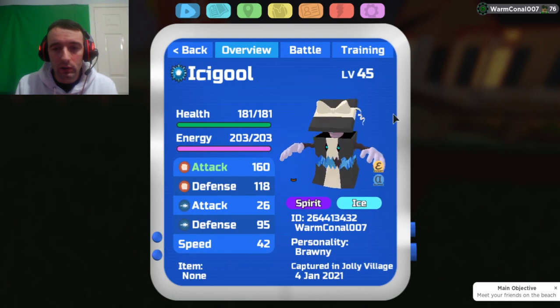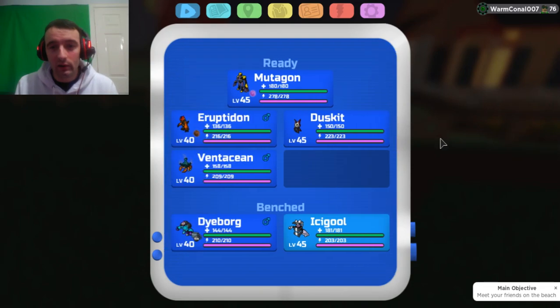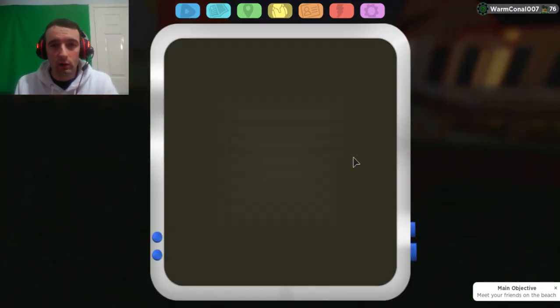Icicle at the moment, Icicle now gets Rejuvenate, which is good. The only problem with Icicle is its energy is absolutely trash. It's 69 base. Don't worry about this here. But you know, looking at it, and yes, that is an alpha Icicle. It's like 1 in 80,000 or something ridiculous. Right,